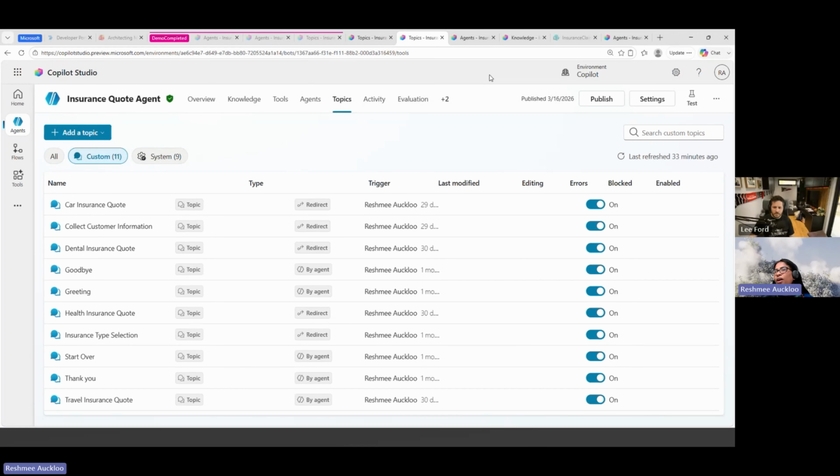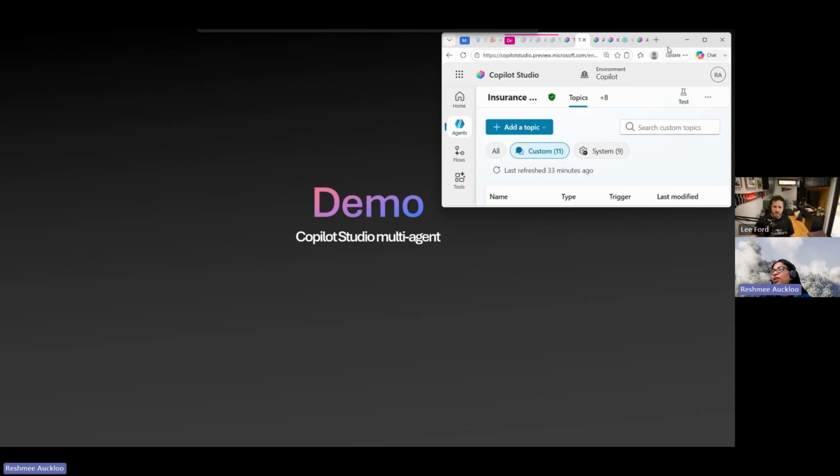Right, so now I have the independent agent, which is called the insurance code agent. What I've done is for a fictitious company providing different types of insurance like car, health, travel, could be a lot more. And then with a similar case scenario, I have,